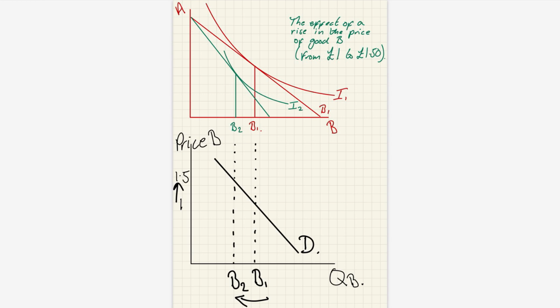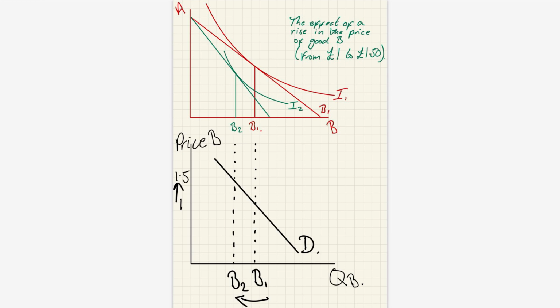The result of that change in the price of good B is to pivot the budget line inwards. The consumer can now buy less of product B if that consumer spends all of their income on that product. So we're pivoting the line inwards. That means that the consumer was originally in equilibrium. They were maximizing their welfare at point B1, at quantity B1, and now they're maximizing their welfare at point or